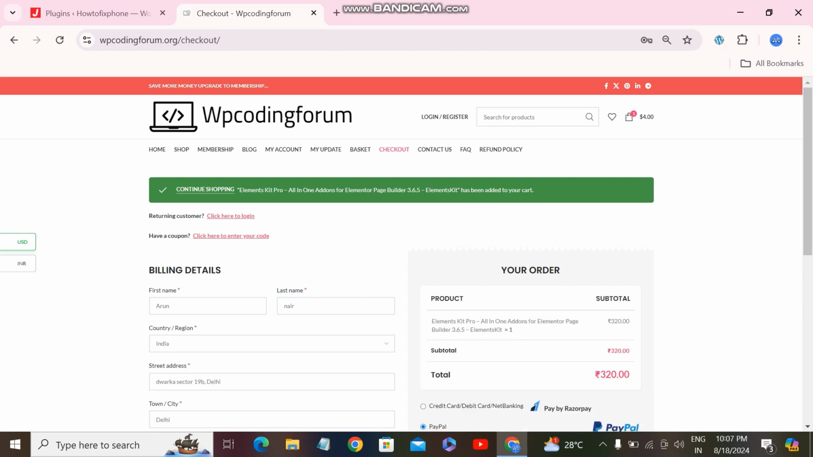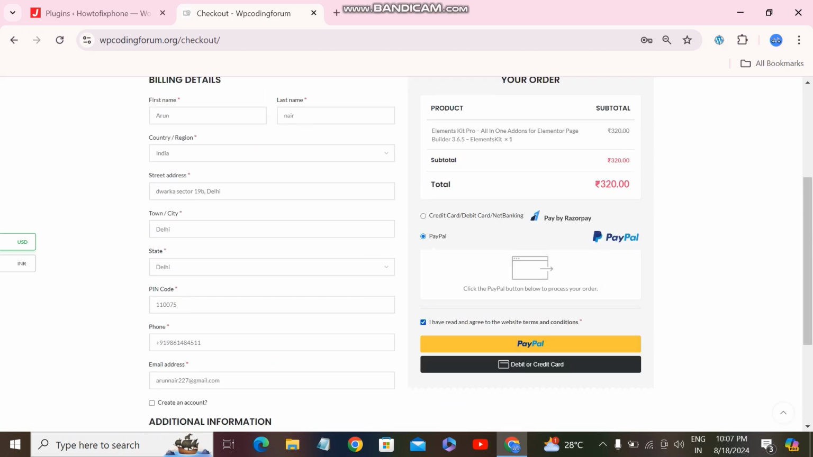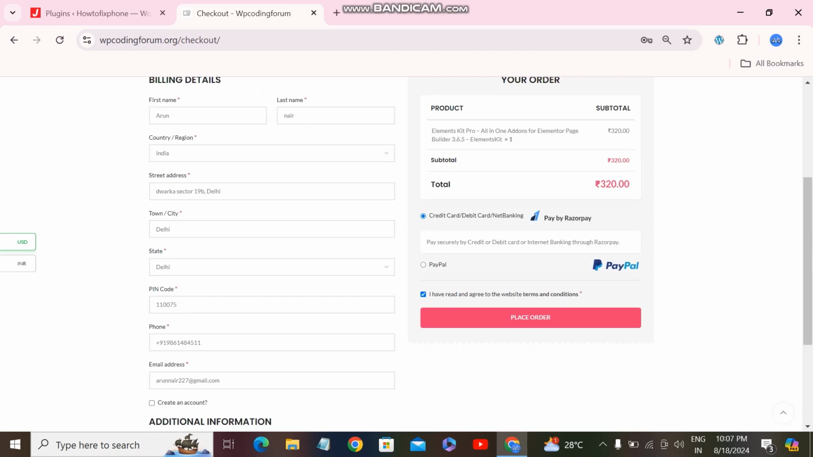Now here you have to fill in your basic details. If you are a developer, or if you want to purchase multiple products, then you can get a membership from us. It will cost you less, and you can access multiple products at a cheap price. Here you have to